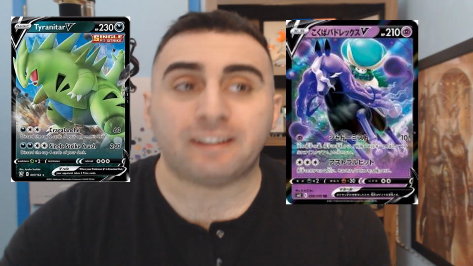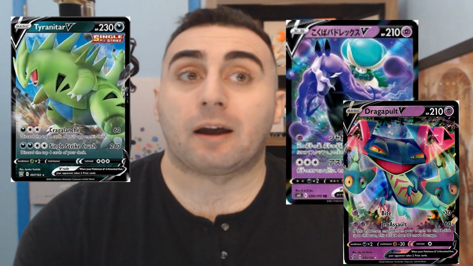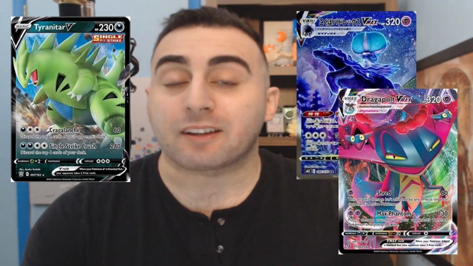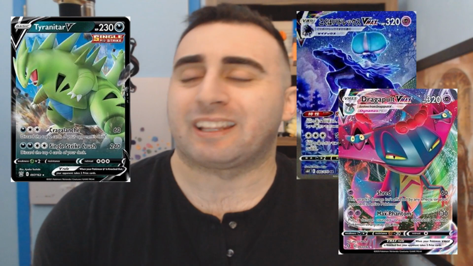Not really. Tyranitar V, its first attack only does, what is it, like Cragalanche? It only does like 60 damage base, and yeah, you can power that up with single strike energy to do, what is it, 80, 100, 120 damage. You hit for weakness 240, right? Great. That'll take out a Shadow Rider Calyrex V, that'll take out a Dragapult V, but it's not going to take out the VMAXs. So you have to use the second attack, which is Single Strike Crush, I think,